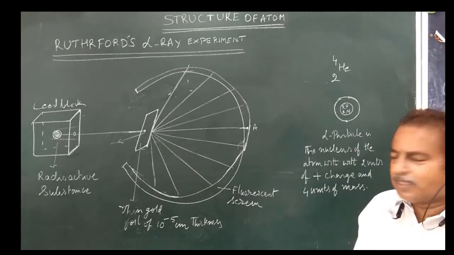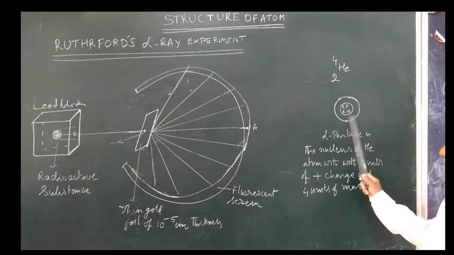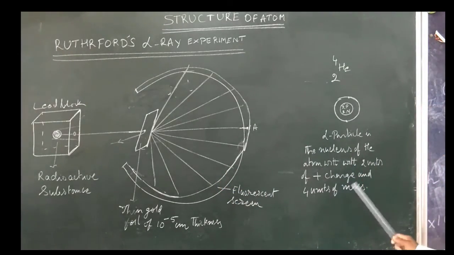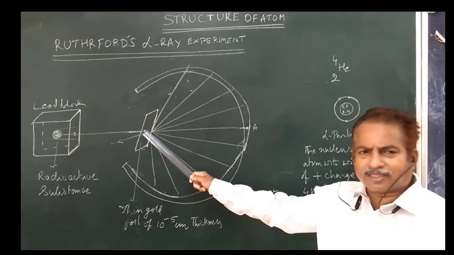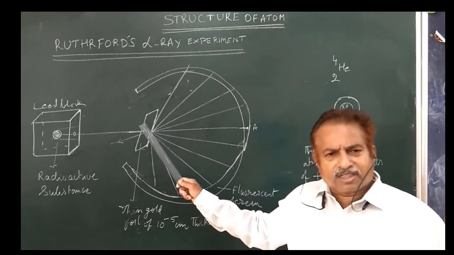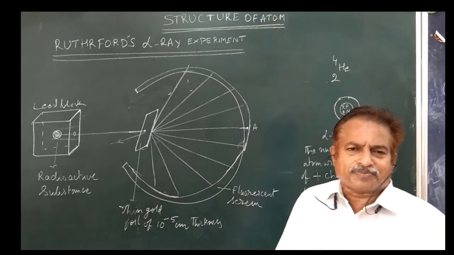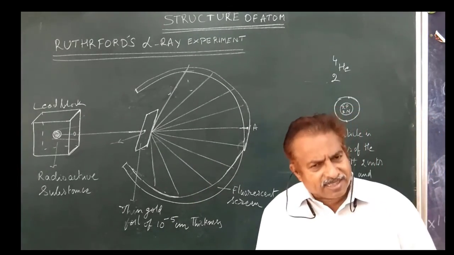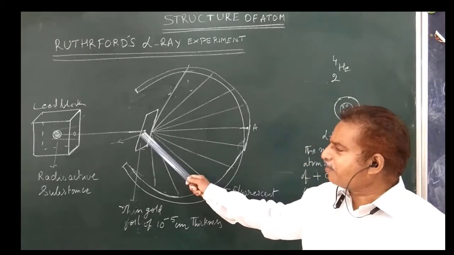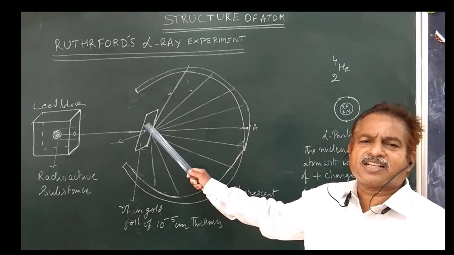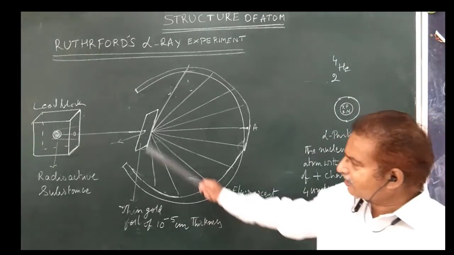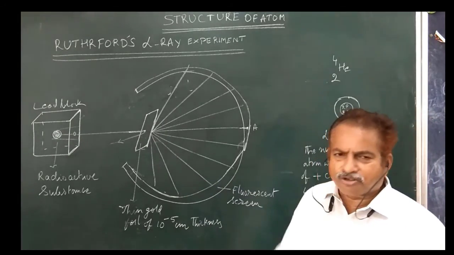Why are they repelled? You know that an alpha particle carries a positive charge. Such a positively charged and massive alpha particle is repelled. We know that like charges repel each other. So since a positively charged alpha particle is repelled, there should be some positive charge present in the atoms of the gold sheet. And of course that can be verified by this observation also.